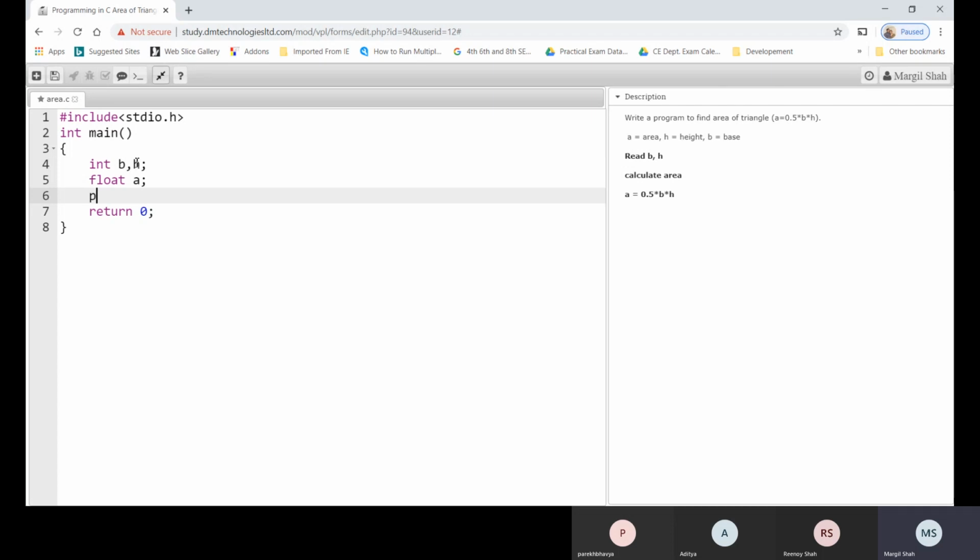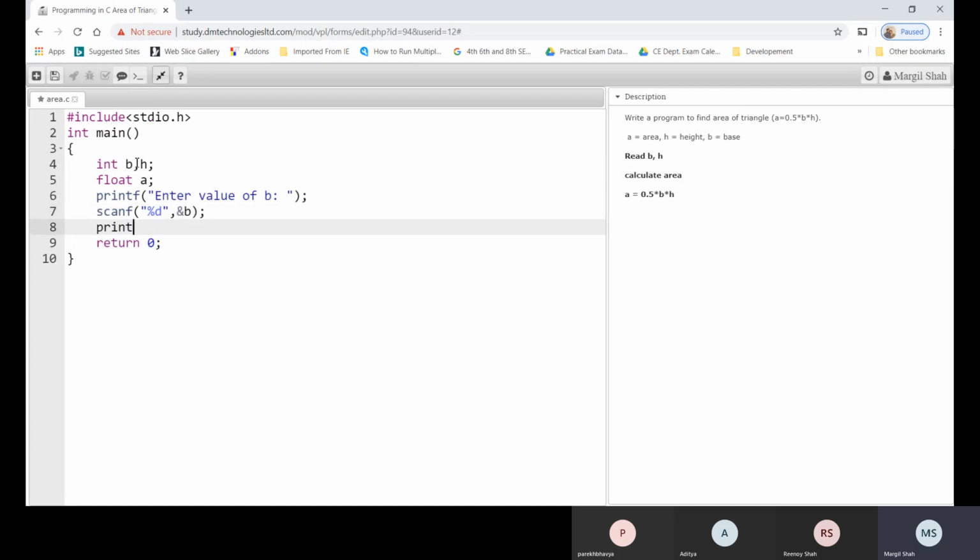Okay, so now printf enter value of b. Scanf %d, ampersand b. printf value of h.